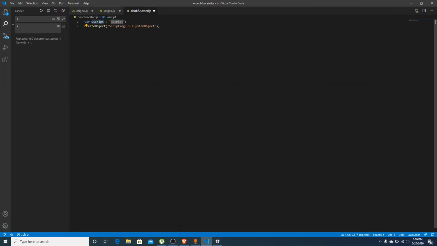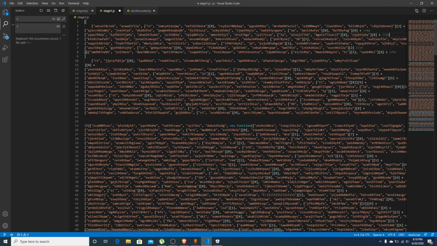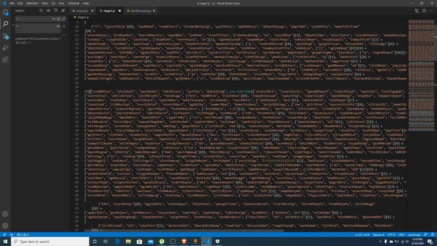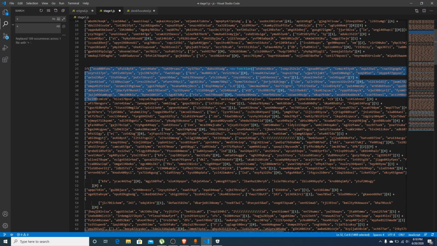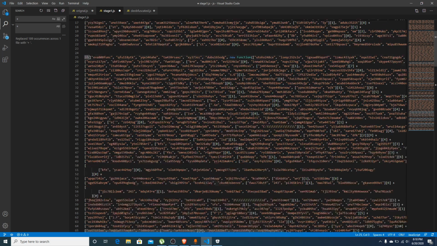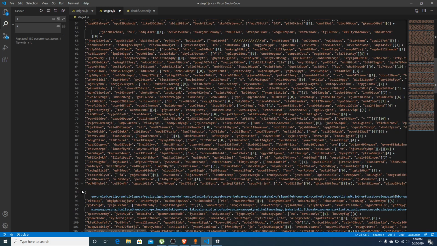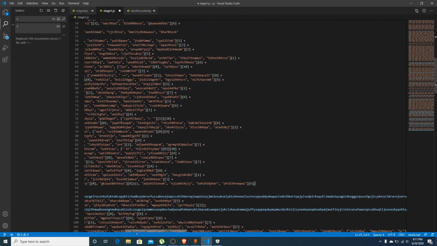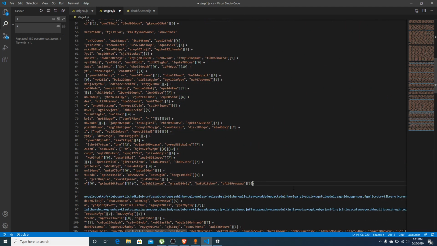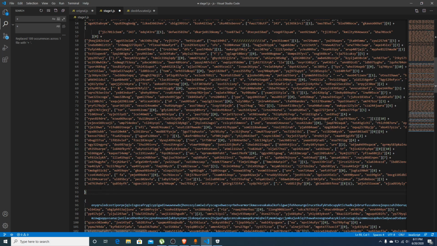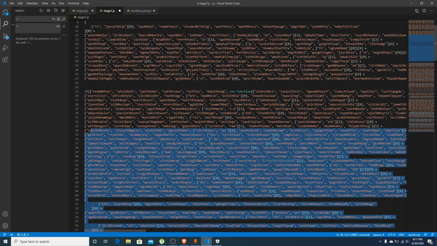Okay, now let's look for another chunk of code. Where are you? So inside this if statement, let me find the closing bracket. The end of this if statement, so I can just copy all of this